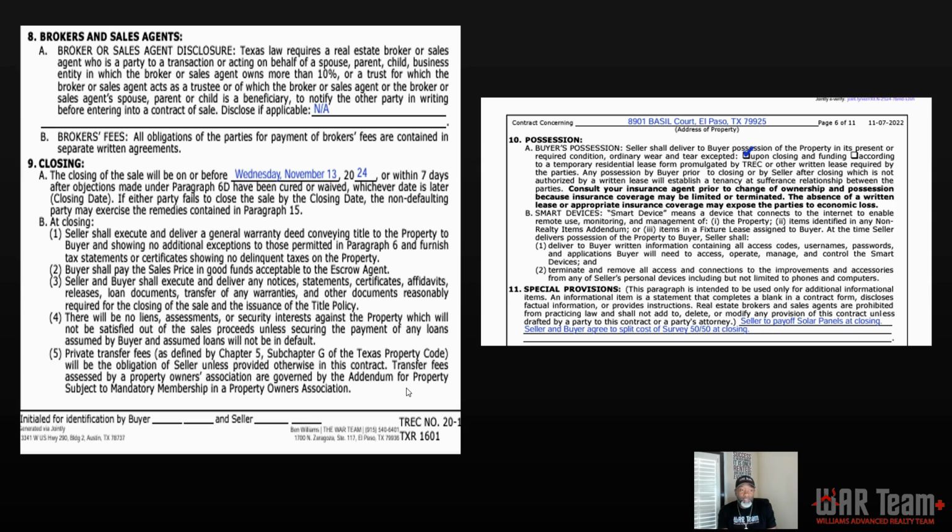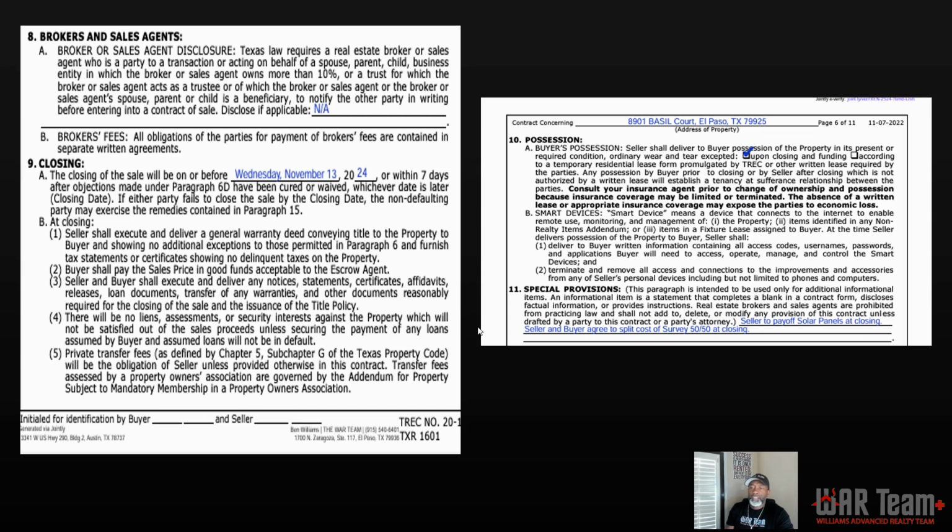So that's pretty much section 9, just the date you're going to close on. If you're not going to close on that date and it's going to be extended, you have to go get an amendment, amend the contract to the new closing date. You don't put it here. You don't scratch it out and change it here. You go do an amendment and you change the closing date. And that's what you do. Okay. Let's go into section 10.